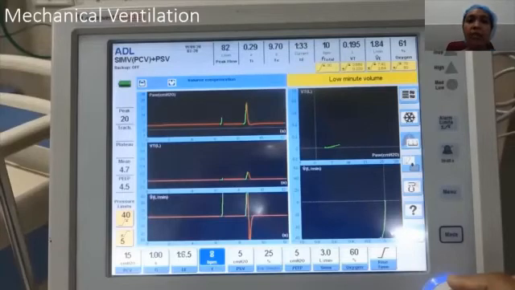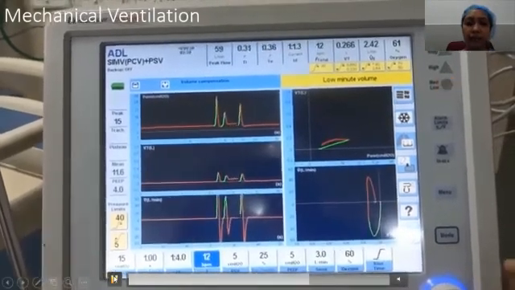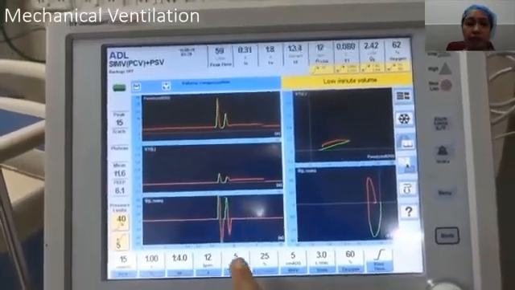For example, if we set a ventilatory rate of 12 and a patient is naturally breathing at a rate greater than 12, no mandatory breaths will be given by this ventilator. But if this patient so happens to be obtunded and the respiratory rate falls below 12, the ventilator will kick into action and start delivering breaths at least at the rate set, which in this case was 12. The respiratory rate is set. The pressure control is set.